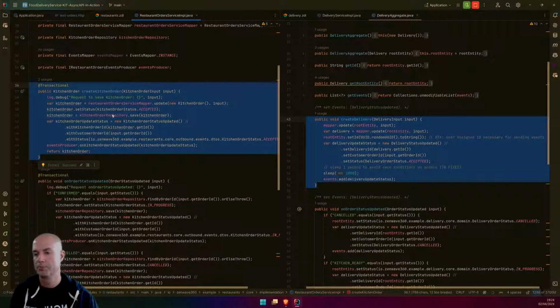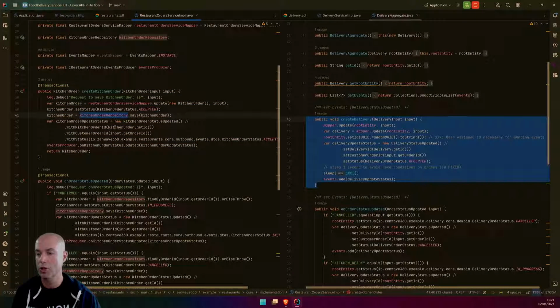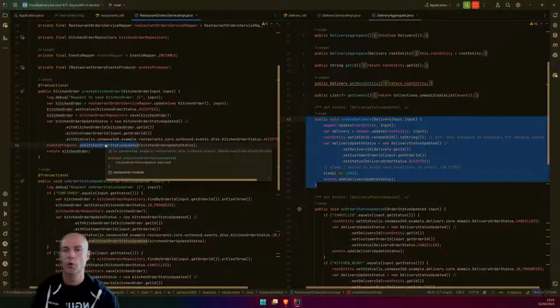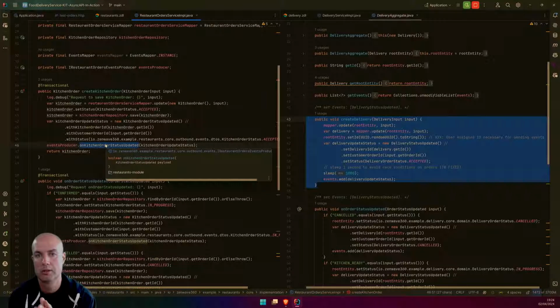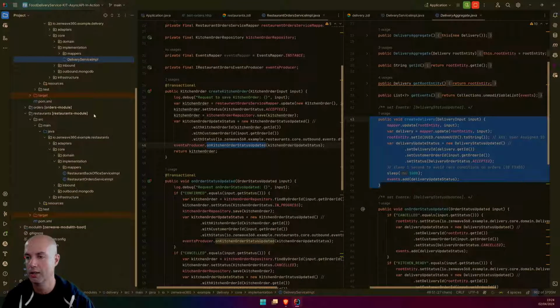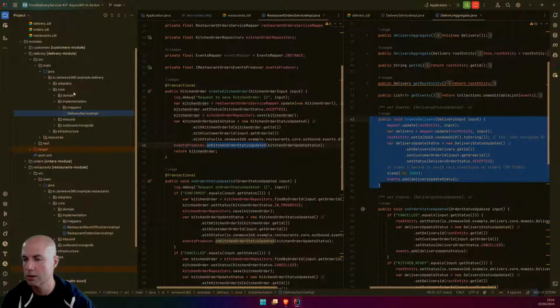We have some repositories and we have an event producer, but because this follows a clean architecture where all the communication to the outside world goes through interfaces, we can provide in-memory implementations of these interfaces. So I want to show you one test to show you that you can,